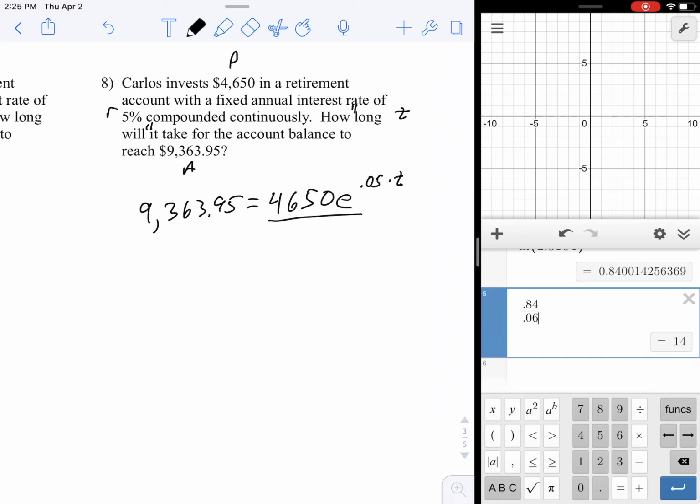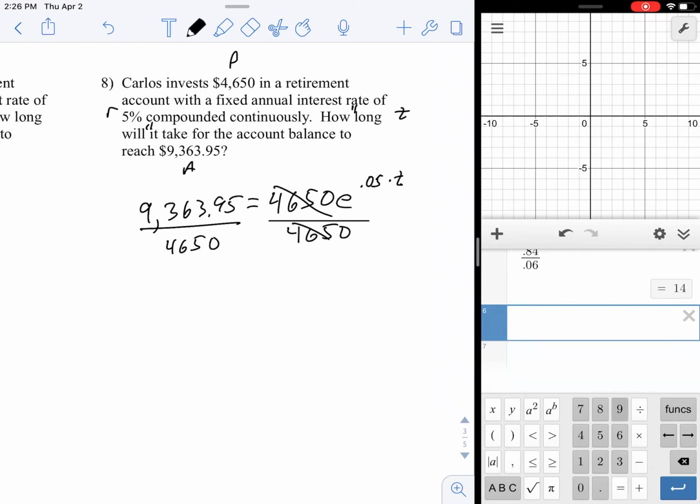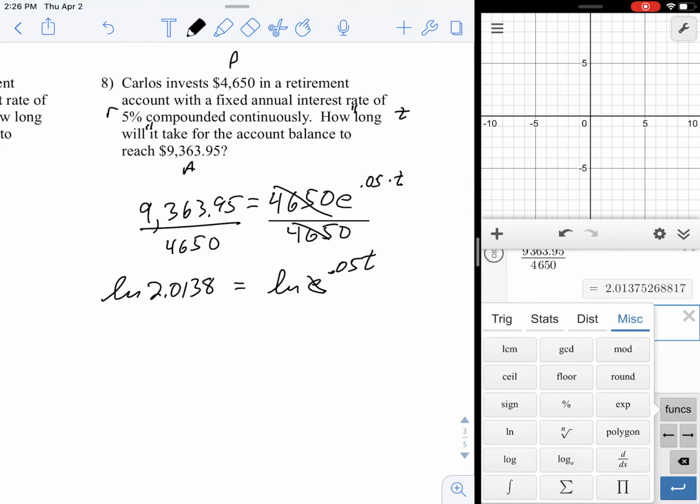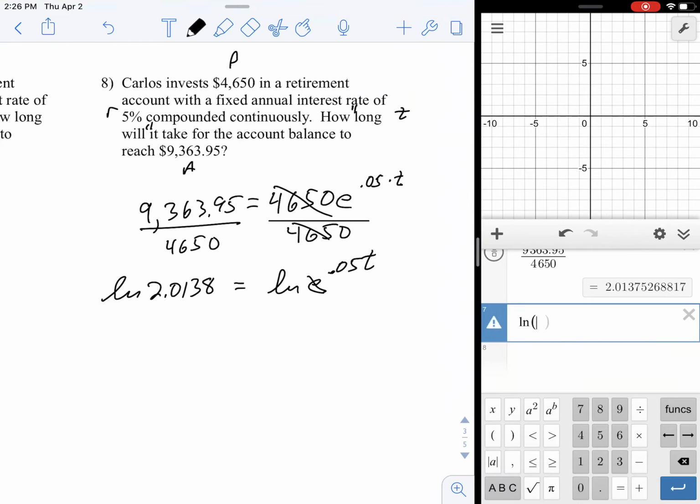Step 1, divide both sides by 4650. These cancel out. 9363.95 divided by 4650 is 2.0138, I guess is how that's going to round off, equals e to the 0.05t. I leave a space there because to cancel e, I need to use a natural log. Then I do the natural log of the other side as well. Function ln 2.0138